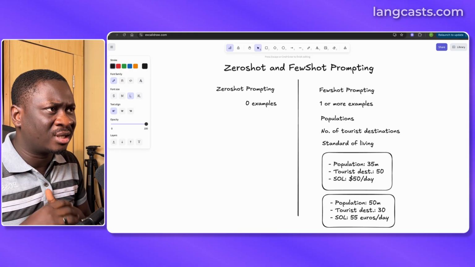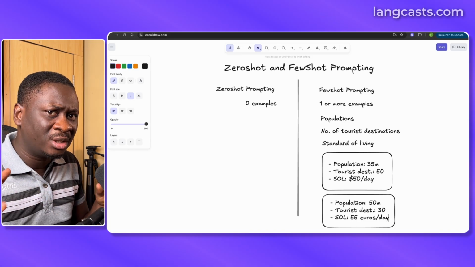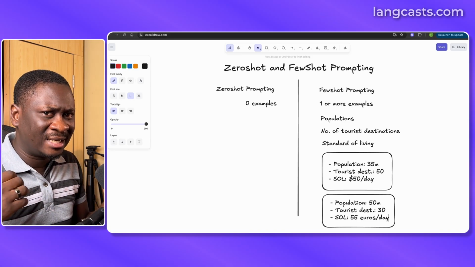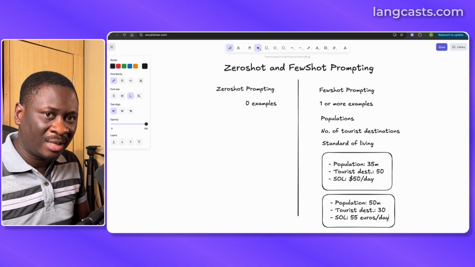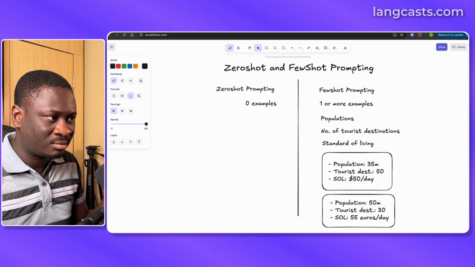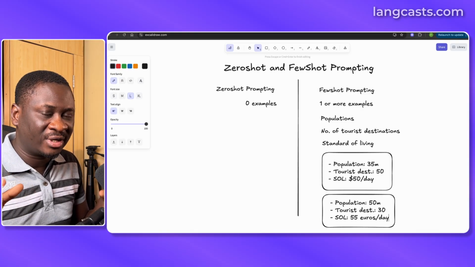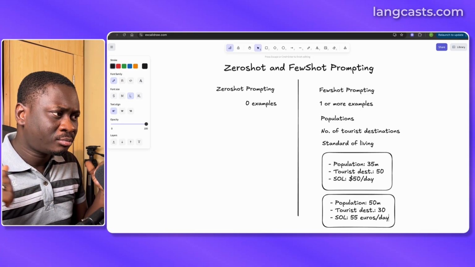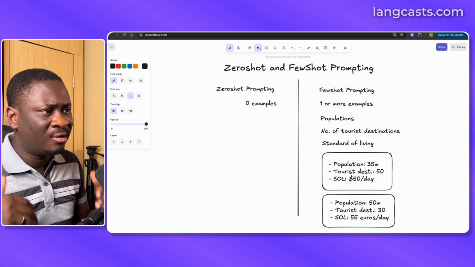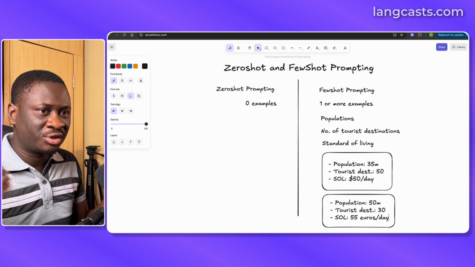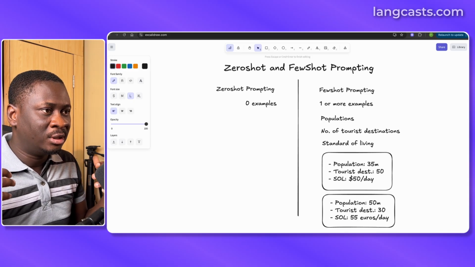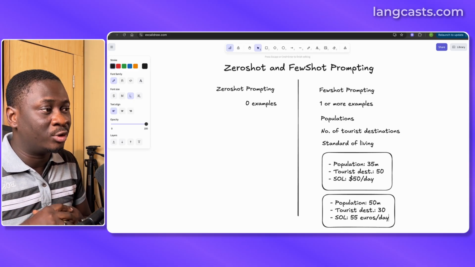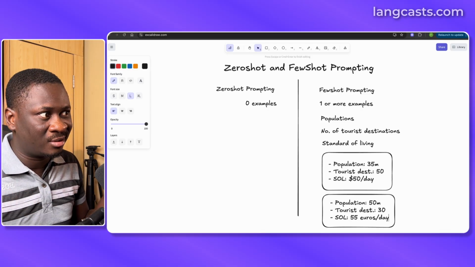I think a sweet spot is around 3 to 5 examples. If you start giving it too many examples, like 10, sometimes 15, 20, the model can really get confused. So find the most unique set of examples that cover most use cases. That is kind of the rule of thumb. 3 is good, 5 is great, but once you start going to like 10, you probably want to look at your set of examples, whether you are doing too much, because sometimes when you give these models too many examples, they kind of get confused.